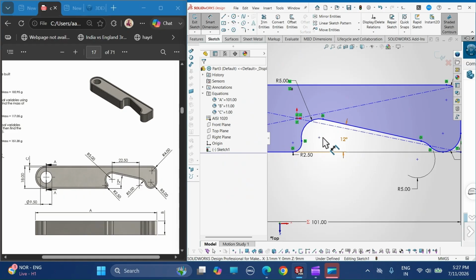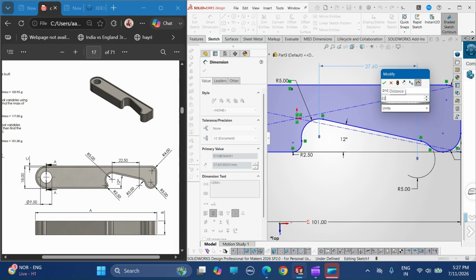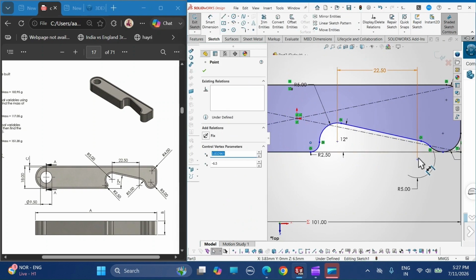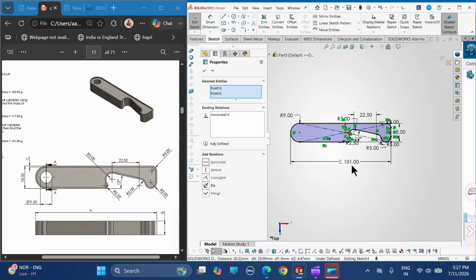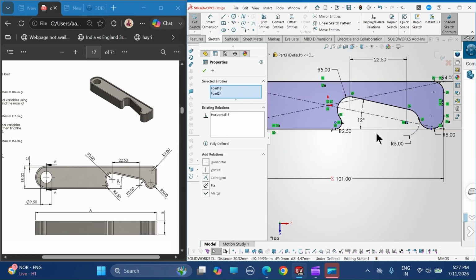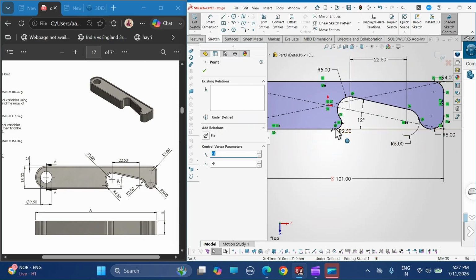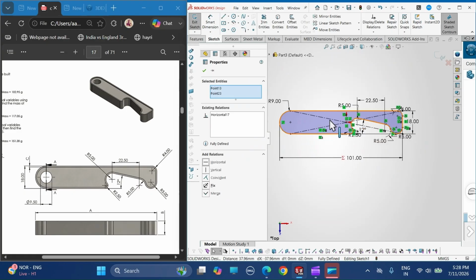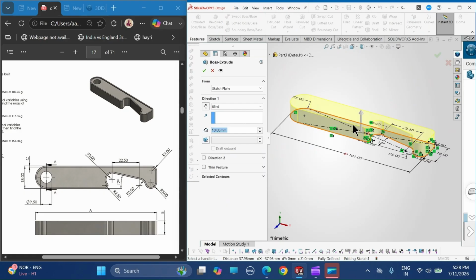Also provide the distance from this center to this center as 22.5. Make sure that these two centers are horizontal, and also these two centers are horizontal. Now that my sketch is fully defined, I'll go to Features, Boss Extrude, and extrude this keeping the midplane condition